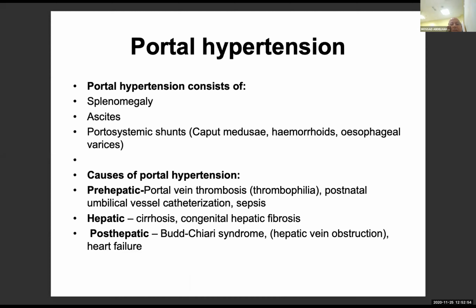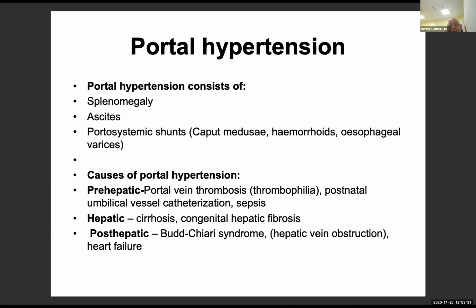Yes, this portal hypertension, really just remember it is very important. If there is hypertension in the portal circulation, it will be presented by splenomegaly, sometimes with ascites, okay? And there is porto-systemic shunting between the hepatic and systemic circulation, like caput medusa. You must put it especially in some congenital cases in pediatrics, because causes of portal hypertension can be pre-hepatic, hepatic, or post-hepatic.